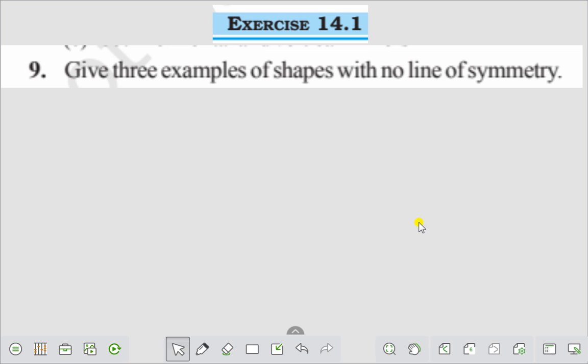Give three examples of shapes with no line of symmetry. The three examples are